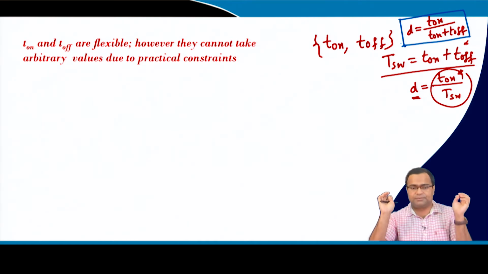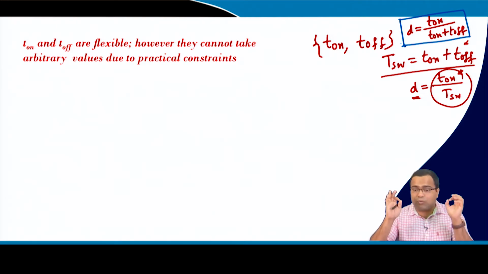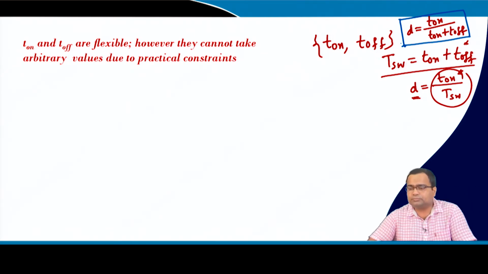During transient, the choice of T on, T off plays a significant role in the control because what is my desired transient response? We want to make it fast, we want to avoid overshoot, undershoot, and see how fast we can achieve it. So, that T on, T off will come either from closed loop, in some cases the designer also uses a time based control. But whatever it is, there is a